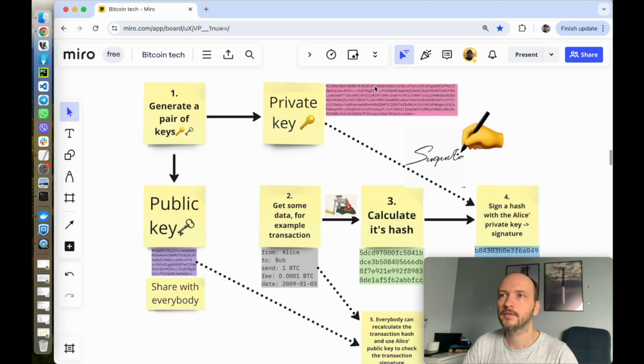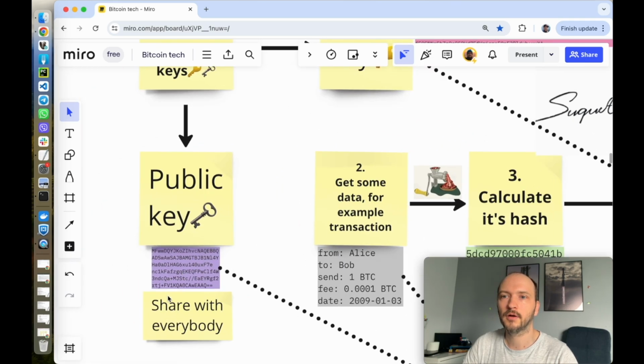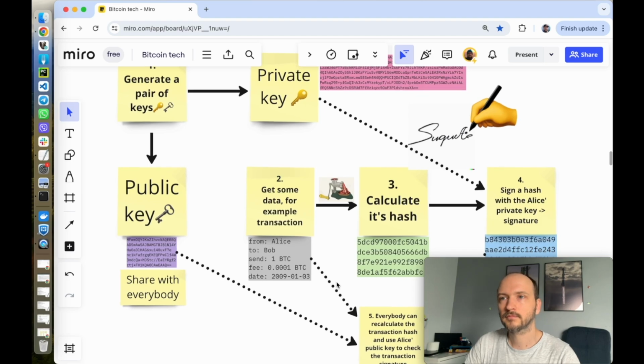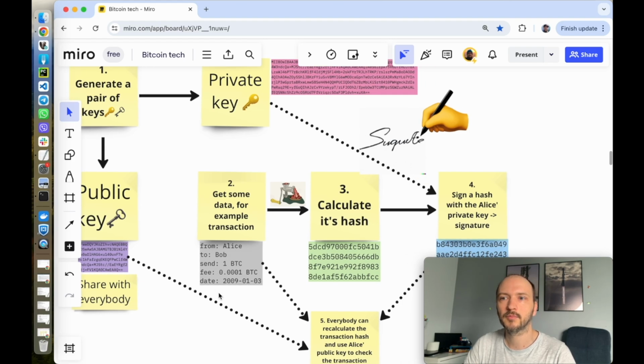I have an example of a private key and public key here. You keep the private key secret and you share the public key with everybody. Then when you have some data, for example a transaction like this, Alice sends Bob 1 Bitcoin with this fee on a given date, probably with some other information,